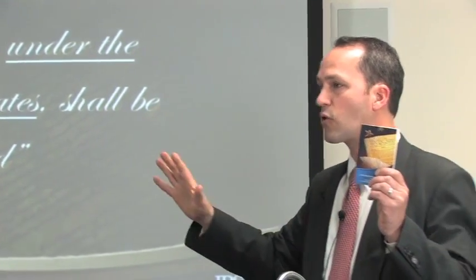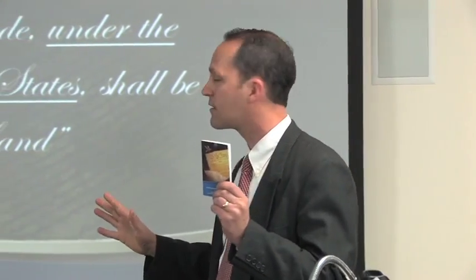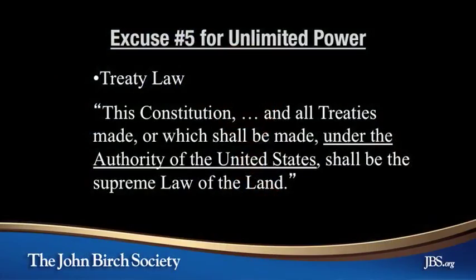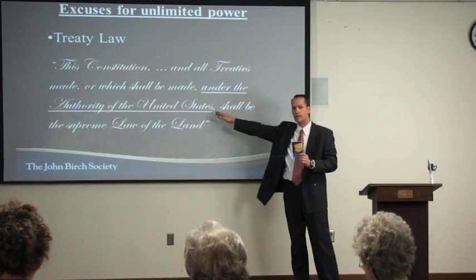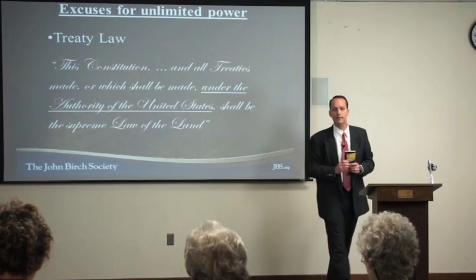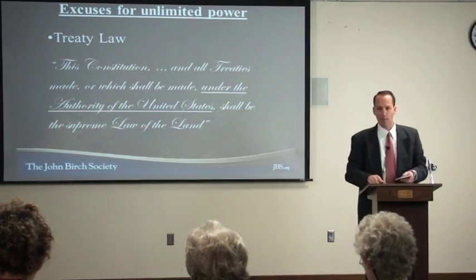At this time, they already had on the books a number of treaties that were made not under the authority of the Constitution, but under the authority of the Articles of Confederation. And they didn't want this to strike down those treaties. This recognizes the authority that they were made under at the time. Those treaties that were made under the Articles of Confederation was the authority of the United States at that time. Once the Constitution was adopted, all new treaties must comply with the new authority, which is the Constitution. Now again, I'm not making such things up.